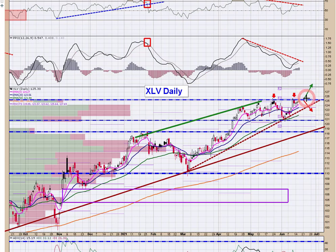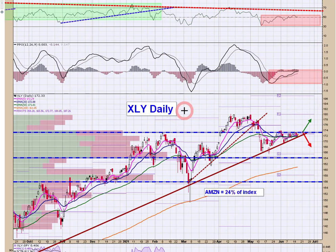I'd set an alarm here at 125.50. And then finally wrapping up XLY, which is a proxy for Amazon at 24% of the index. Very difficult for XLY to make big explosive moves unless Amazon is participating. But then if it does, more power to it. Nice little consolidation triangle right here against